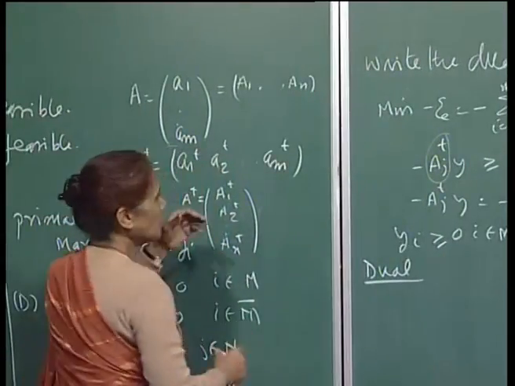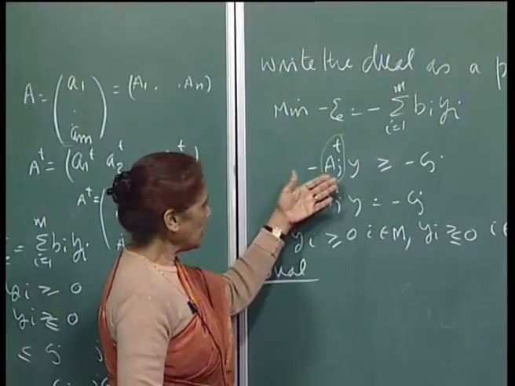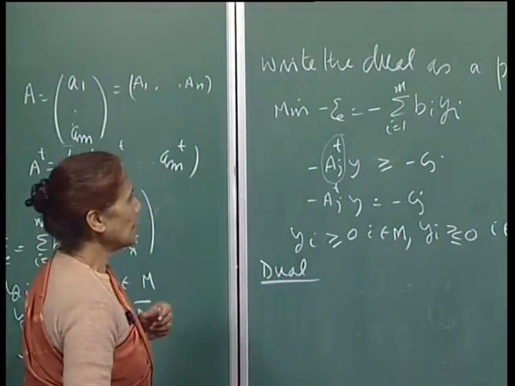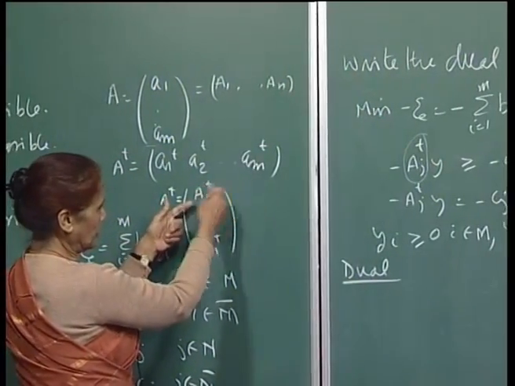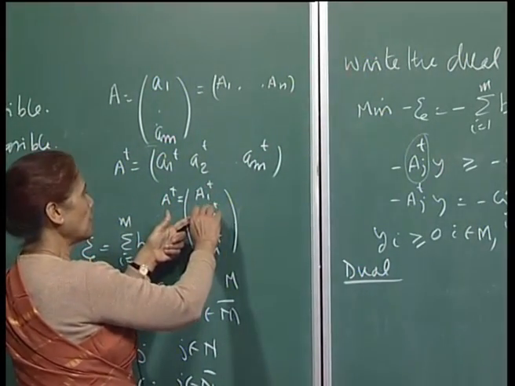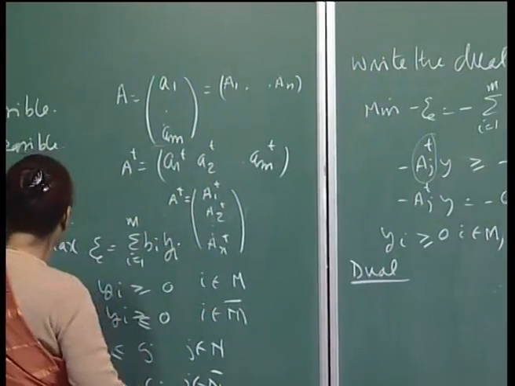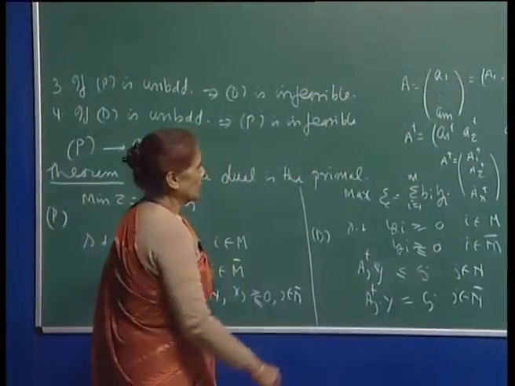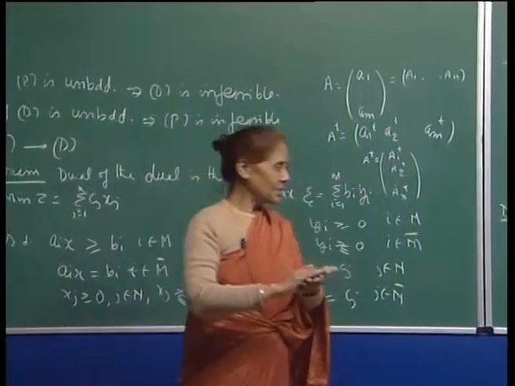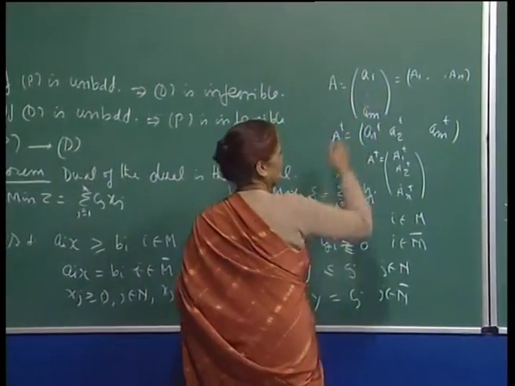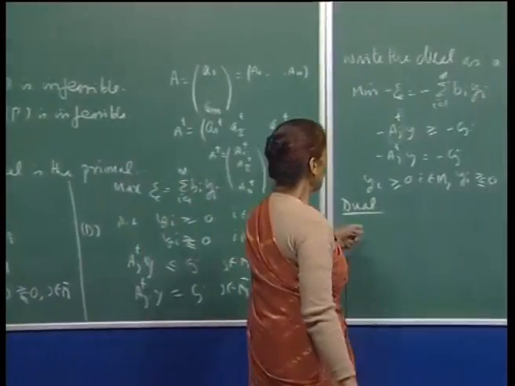So, here essentially the matrix is minus A transpose, right. So, these are the rows now. When you take the transpose, you get this kind of rows, because this is the transpose of the column. So, when I take the transpose again, I will get the row form, right. Okay. So, the dual would be